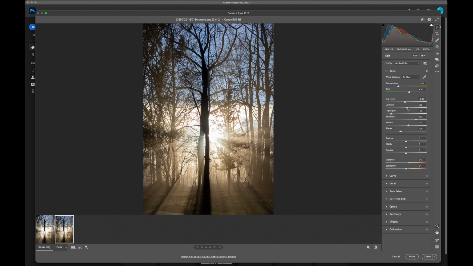The other thing that we want to do is bring up contrast a little bit, and I'm going to rock these back and forth so you can kind of see. So bringing up the contrast, if we drive it all the way to the top, you can see that things really, really get crunchy and punchy in here. We're not going to quite go that far. The auto setting set it for like a +6. So we're going to set the contrast for about a +12, and that's really going to help define some of these lines and edges in here to help bring about some of these rays.